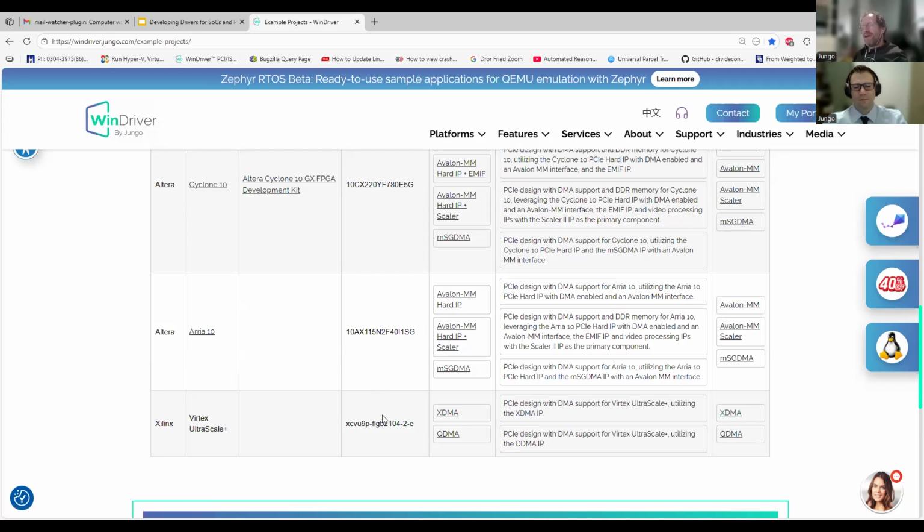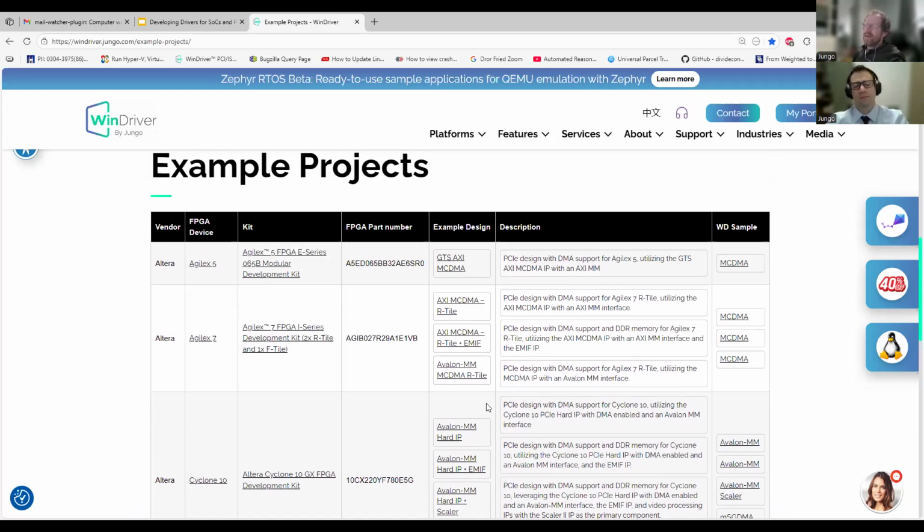So Shlomi is going to cover our samples in a couple of slides, but in any case, if you really want to get started immediately with our samples and our drivers, then using these example hardware designs could really get you there fast.